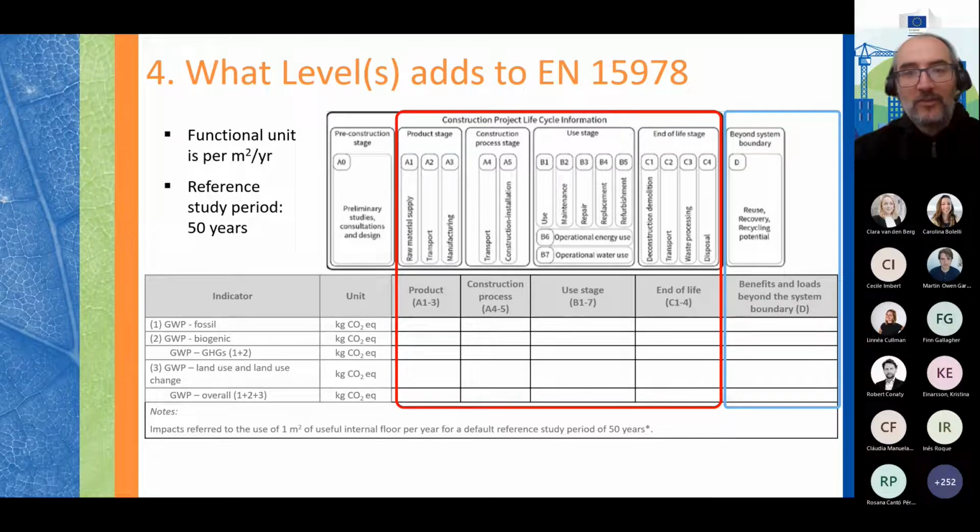What does Levels add to this standard? So it has the same framework, but what it adds is you have this functional unit defined, so it's meter squared of usable internal floor area per year, and that is over a reference study period of 50 years. So Levels takes a further step and tries, for the sake of comparability, to narrow down how to report on life cycle carbon in terms of functional unit. And then on the next slide,